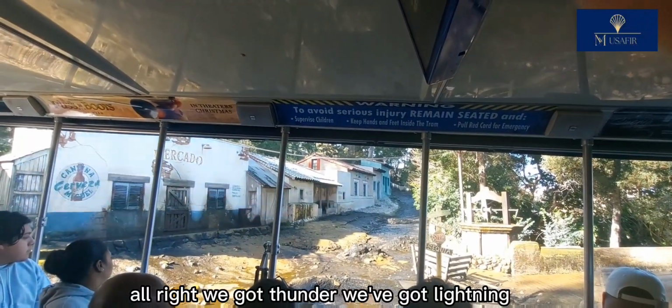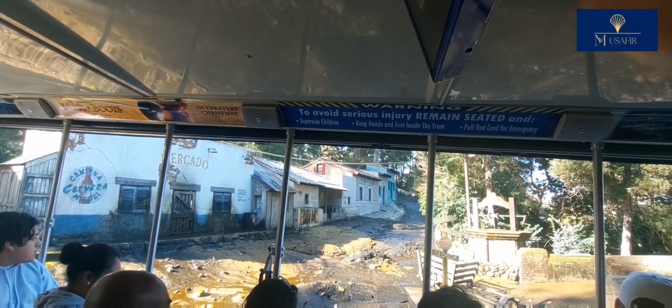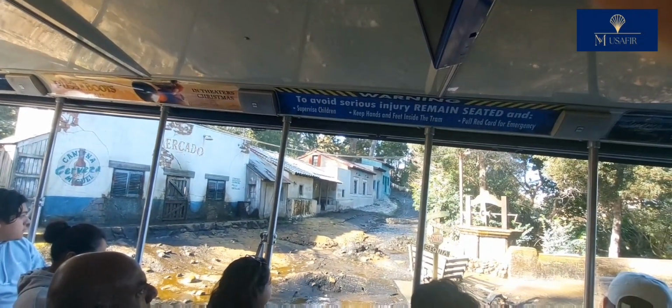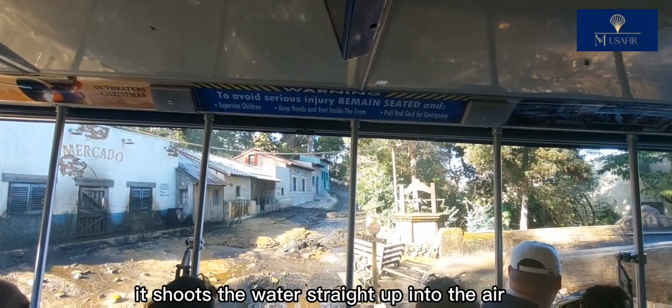Alright, we've got thunder, we've got lightning. All we need now is just a little fall of rain. Cue the rain, please. And there we have it. I made it rain. Now we create this rain effect using high power sprinklers that shoot the water straight up